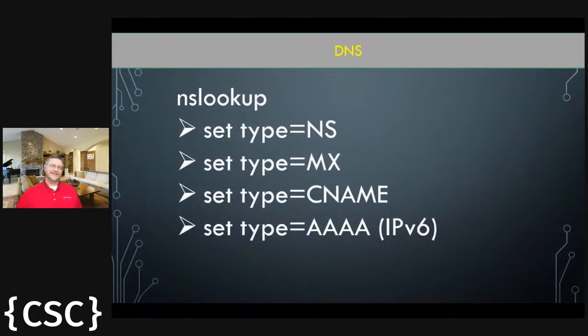If we set the type equal to A, then we can see those examples I'm talking about, where we take a name to an IP address. If we set the type to MX, then we've got the mail exchange. If we do CNAME, then we can look at the aliases. And if we do quad A, then we can see the information about IP version 6, which has been out for quite a while, and we're going to touch on that a little bit later.